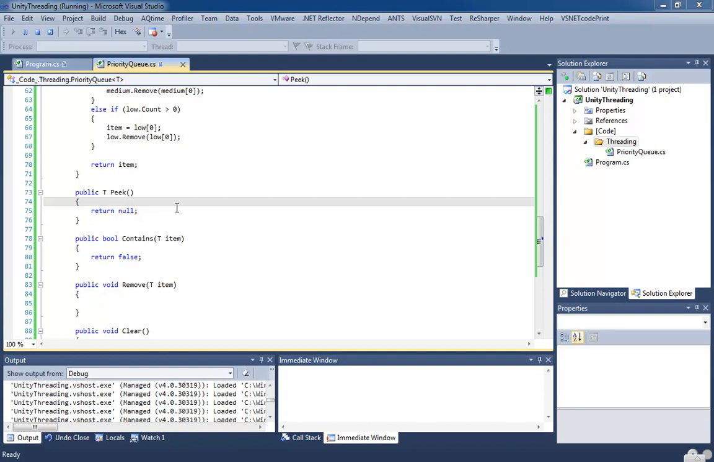Continuing on with the implementation of the priority queue. In this video, Lee will be implementing the peek method. Now, peek, as we mentioned before, is pretty much,